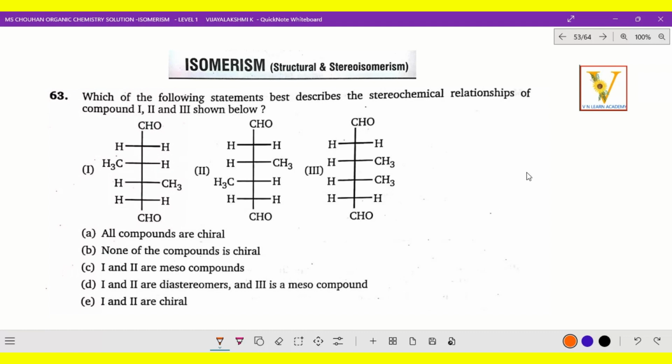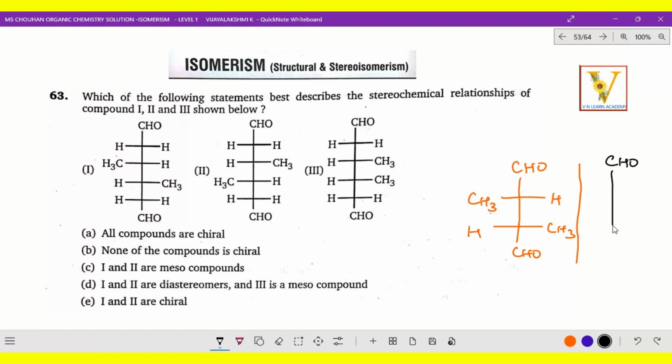And the same way here CH3, here CH3 and H. Now here, for example, CHO has been mentioned. I just bring it, not the same way, something different. Now here CH3 is there and here H. And the same way here H, here CH3 and then here CHO is there, right? Now the same thing, the other one I'm drawing here: CHO and here H, CH3, and here CH3 and H and here CHO.